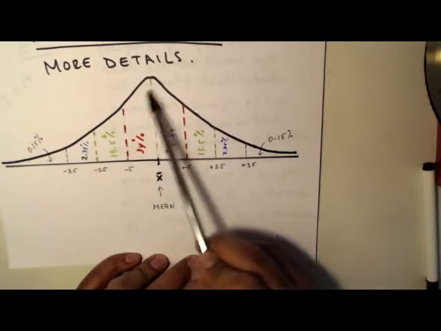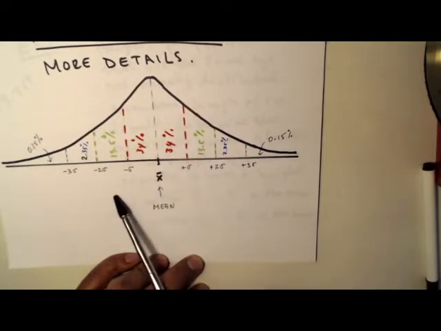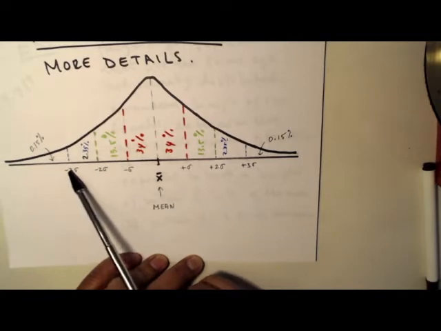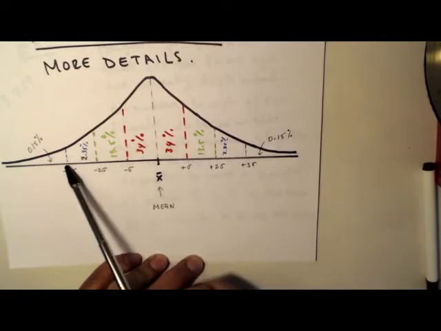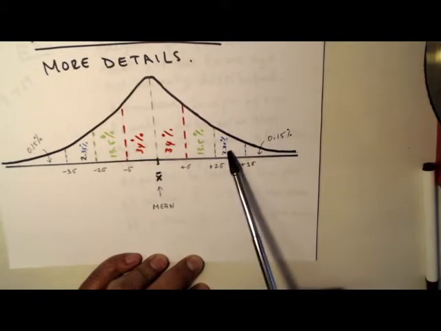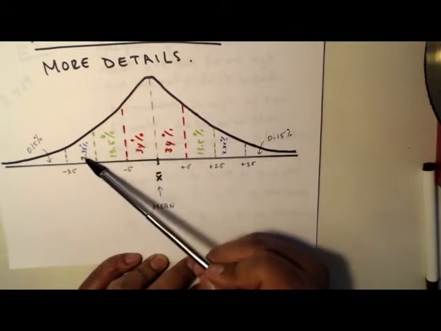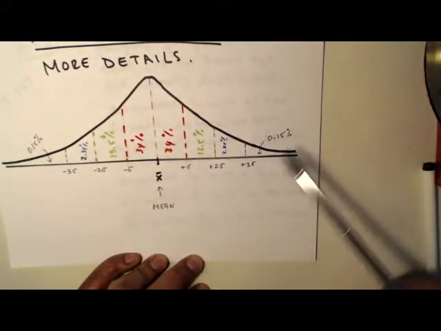The whole thing here would be 95% of the data. And then for 3 standard deviations from -3 to +3, at this point here, we know we have 99.7. And so we add here 2.35 and 2.35. So what is left on either side is